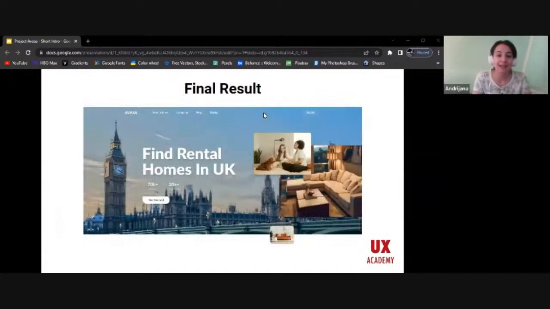So this is the homepage transformed to make the user experience better. The key points here were changing the sentence "find your dream home," making the hero text legible, and making pictures with happy people more prominent.